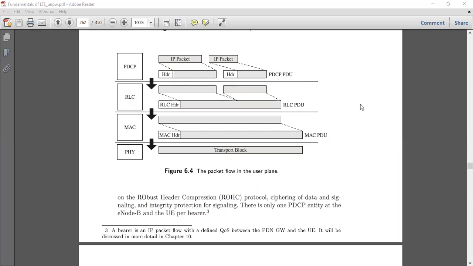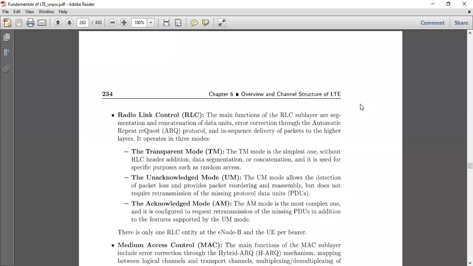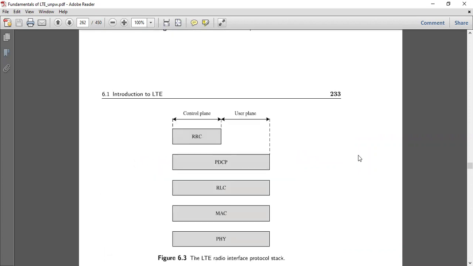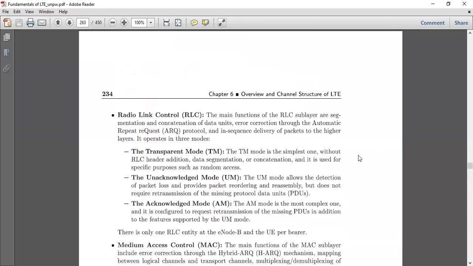So after PDCP, what next? Then there is radio link control. Which was the earlier one, by the way? There was something called radio resource control. The earlier one was radio resource control; now this one is radio link control. So what is this radio link control? The main functions of the RLC sublayer are